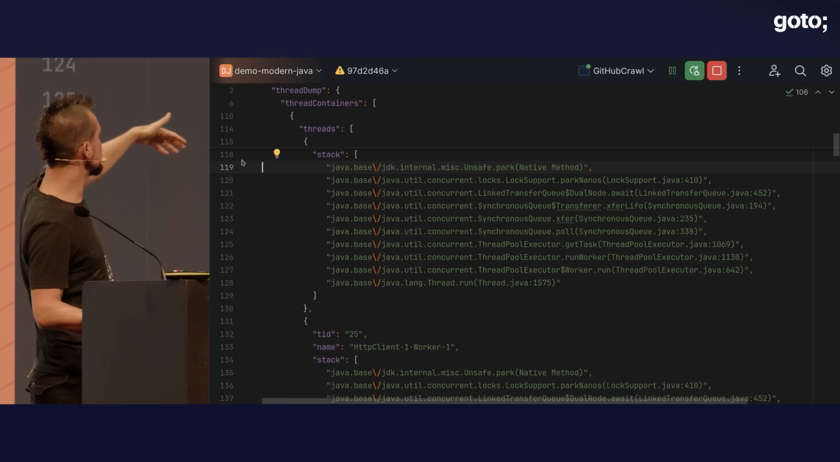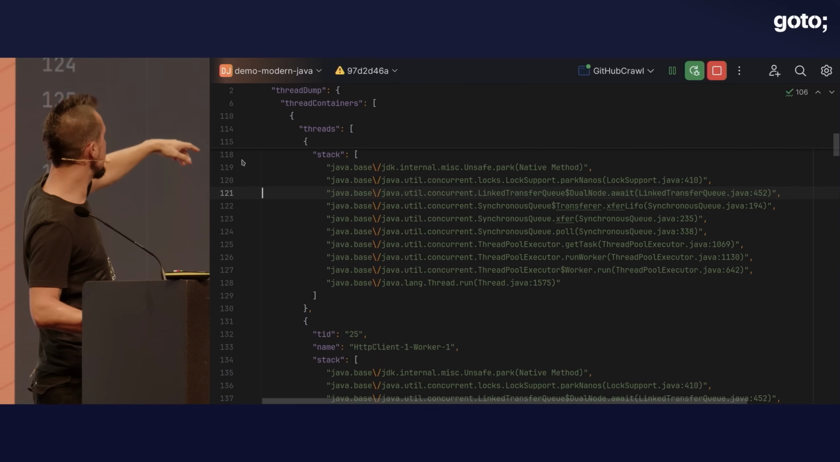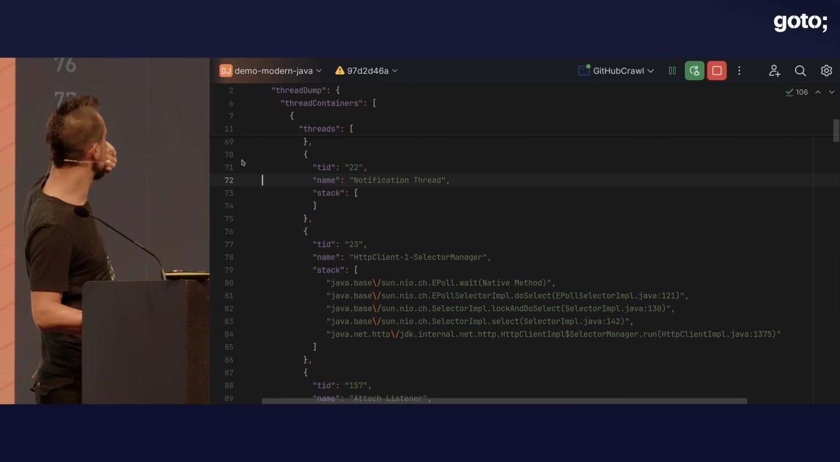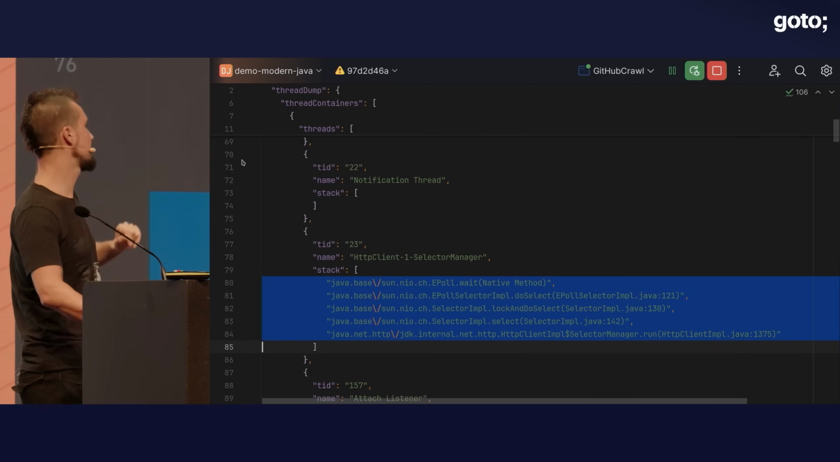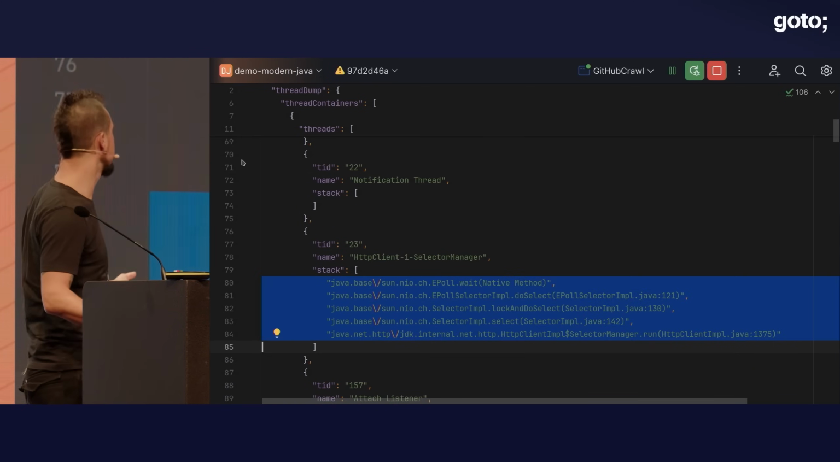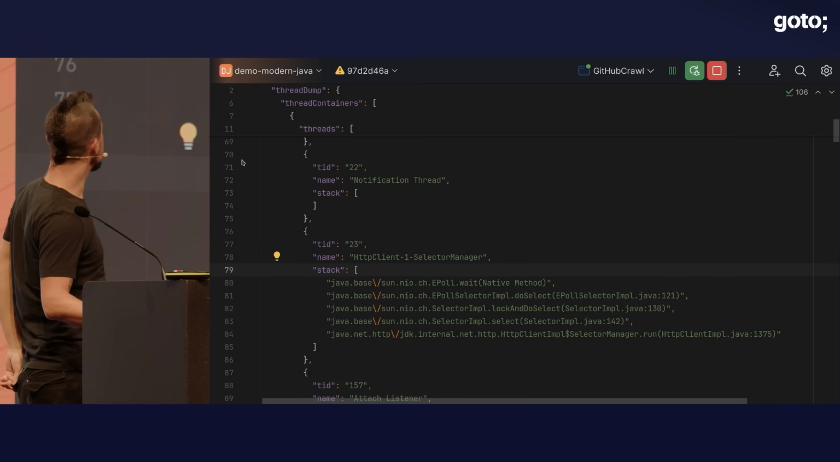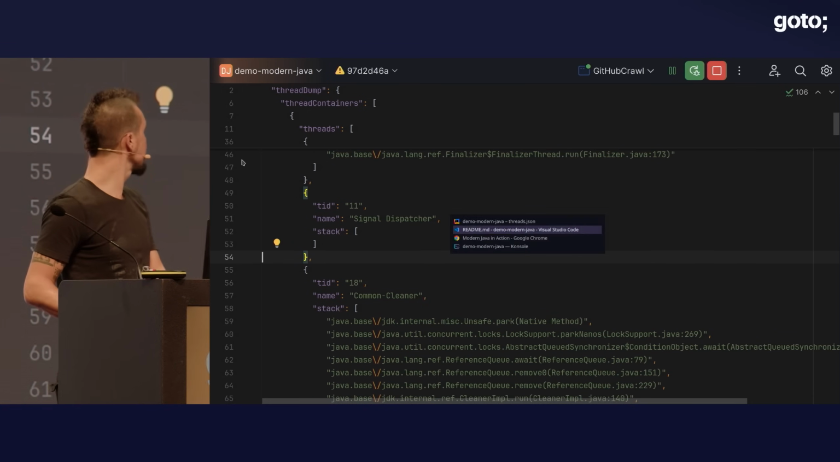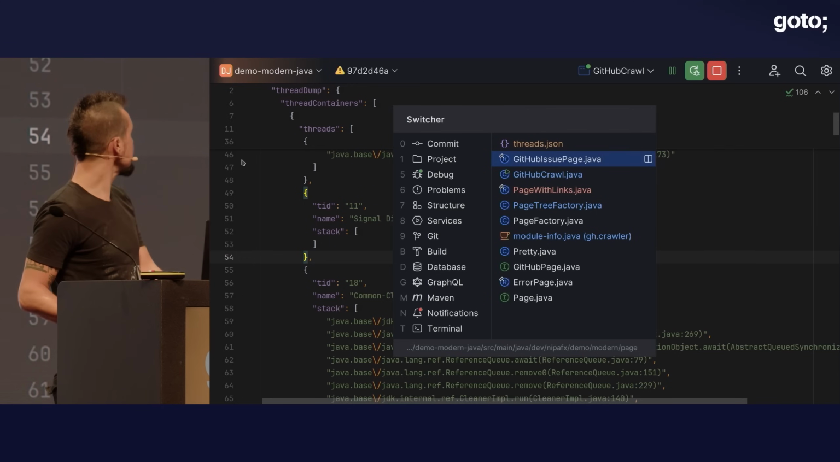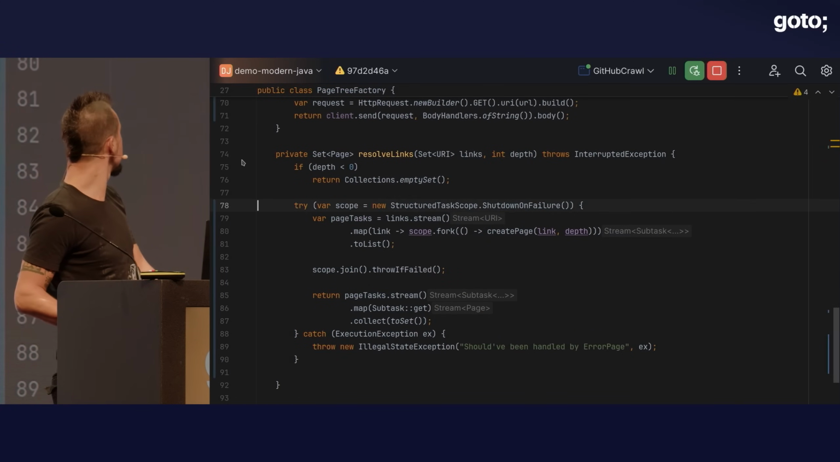But for some of them, we will sooner or later see that this one, I think, is looking at the log. There we go. Here we're polling some ports. So, things are happening. The interesting thing is that with virtual threads, the way we did it, if we look at the code again for the GitHub, for the page tree factory, if we look at this code,